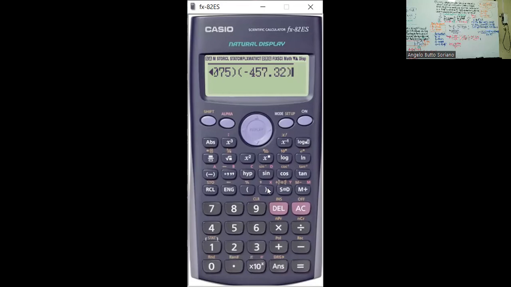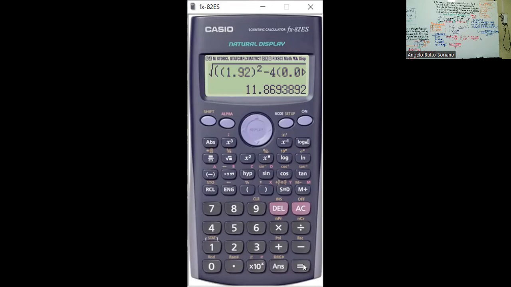Close parentheses, the first one and second one twice, because we're going to operate the entire operation inside the root. As you can see, we are completing the square in this case. Equal button, and the answer will be